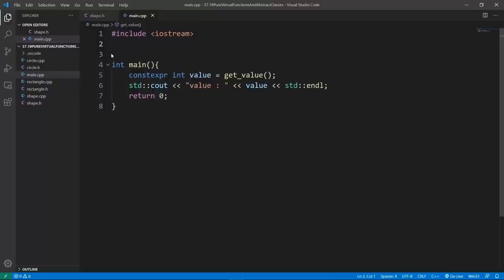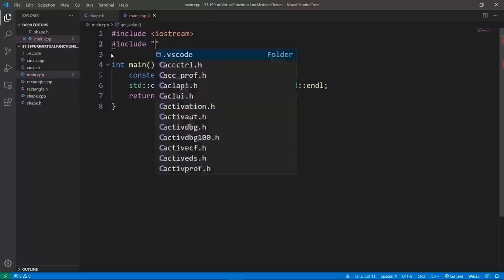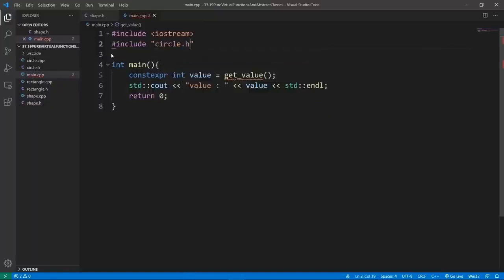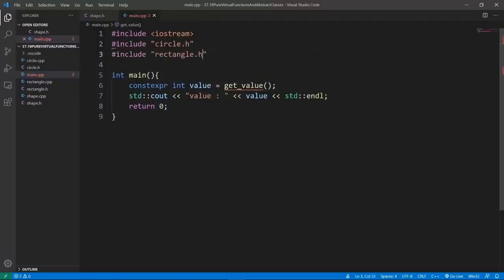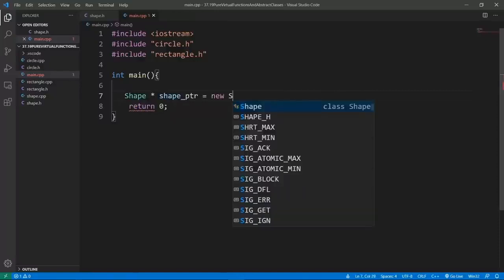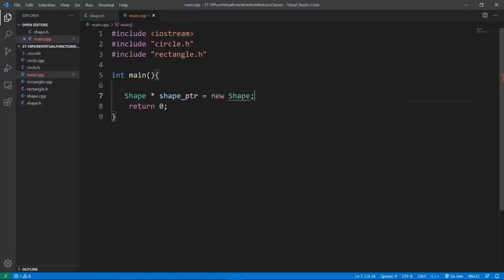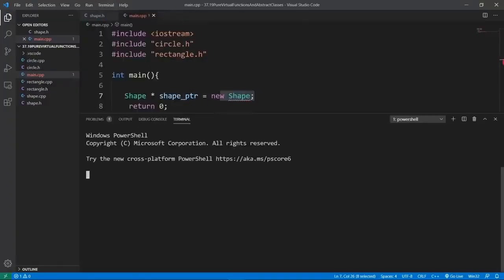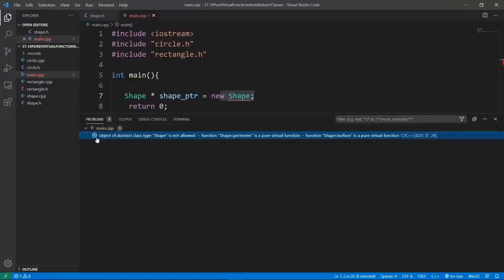We are going to include circle and rectangle. Let's do that. circle.h, and we're going to put in rectangle.h, and we're going to first try and create a shape object. We're going to say shape pointer, and this is going to be new shape. We can use a default constructor, and if we do something like this, you're going to see that we're going to have a compiler error here. We have a squiggly line, but if we bring up a terminal window and look at the problems tab, we're going to see that